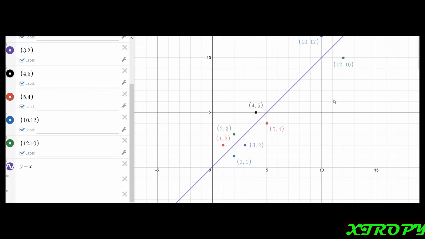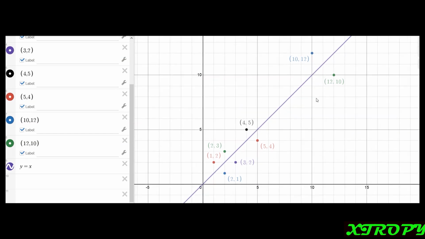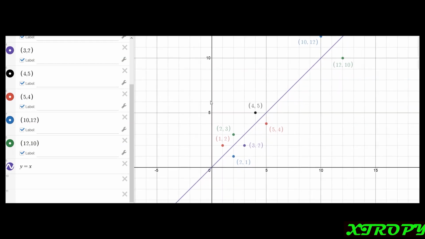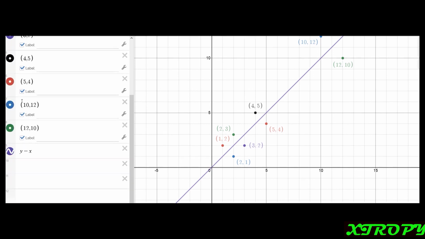Let us have a detailed analysis of the inverse function graph mirroring. First, you can see over here that the points (1, 2), (2, 1), (2, 3), (3, 2) and the other points on your screen are actually mirror images with respect to the line y equals x. You can see this line y equals x, and you can see the points are just mirror images. This line y equals x acts as a plane mirror.